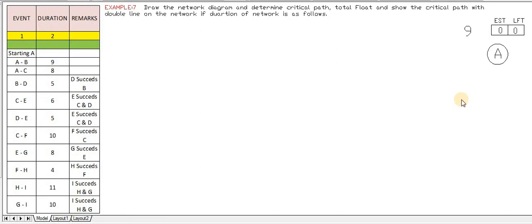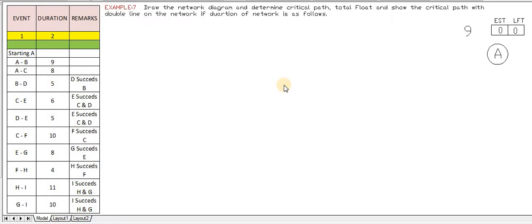Today we will start the lecture on construction management law. In the last lectures we have already solved the problems, or numericals, related to the critical path method. We have covered the maximum number of problems. Today also we will cover some more problems related to the critical path method.